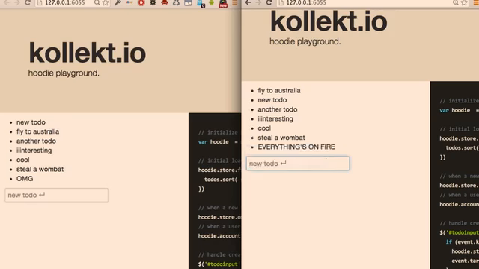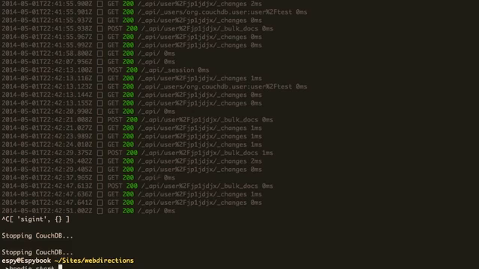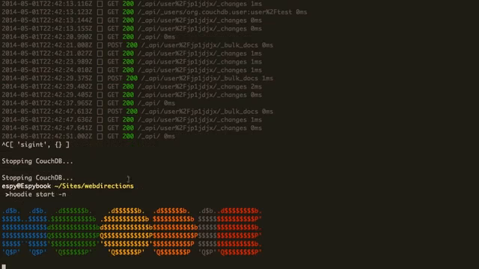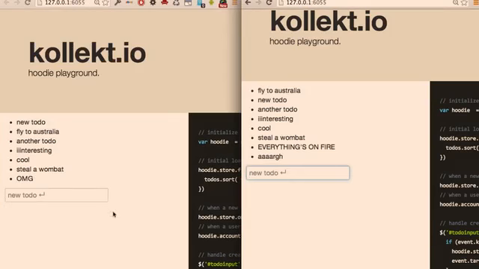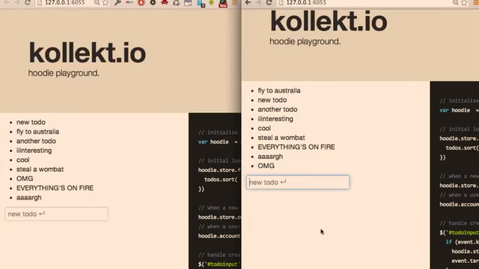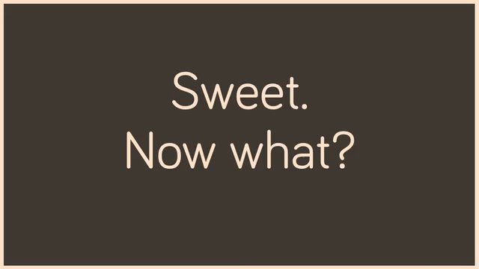So it doesn't get synced because it can't. I mean, the server's not there. Or the client's in an airplane or something. Right, turn the server back on. I'm not refreshing or anything. And bling, everything's there. It just works. Amazing. Sweet. So now what?